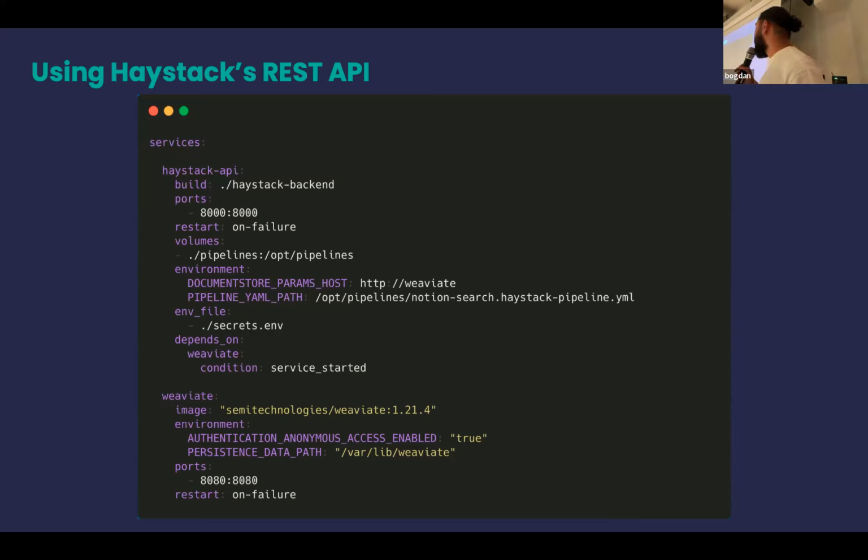We are mounting our pipeline definition in there, this YAML configuration that I showed before. And then the second service is our Weaviate database that needs to be running as well to be able to use it in an end-to-end application.